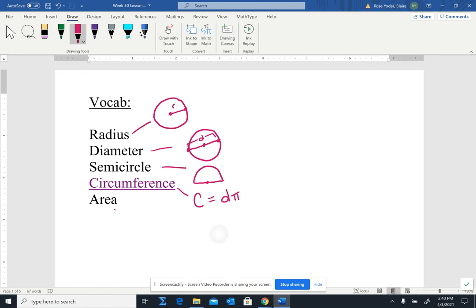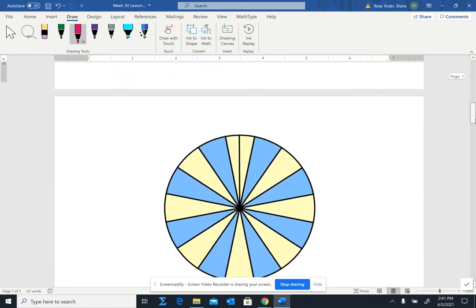And then the area of a circle is pi r squared, or radius squared pi. I'm just writing the pi at the end because a lot of these we're going to keep as exact answers and not type the pi in the calculator. So I feel like just seeing the pi at the end instead of the beginning of the formula might make it easier to understand. I have a quick little picture to show you for why that's the formula for the